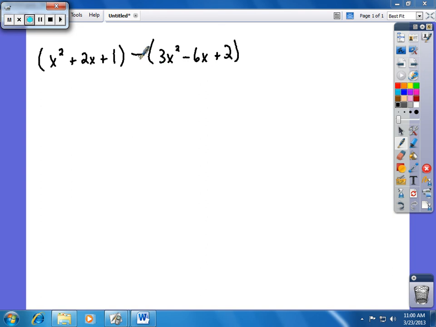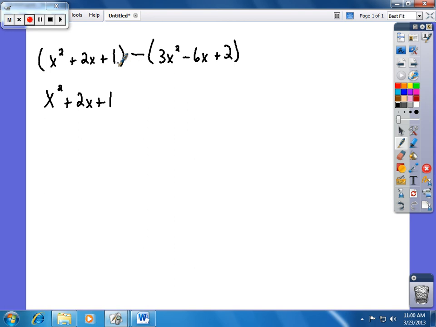So if we look at this, we're subtracting every term in here from this stuff out in front. So actually, I take that back. I'm just going to go ahead and rewrite this, because these parentheses really don't matter. They're just essentially grouping this polynomial together, but nothing is being applied to this stuff in the parentheses, so they're